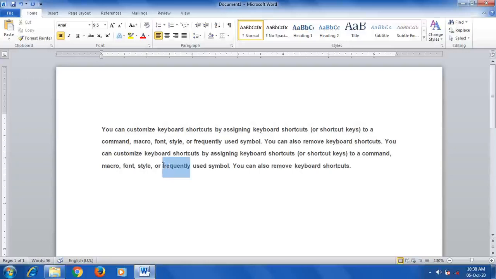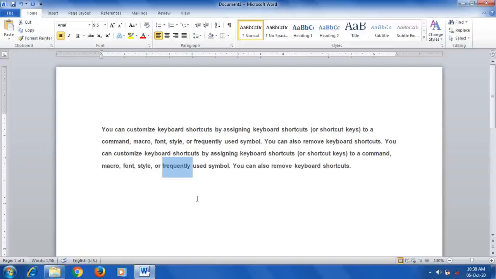So first select the word. I have selected it. For selection, just hold down the left mouse button and drag it over the text, or just double click on that text and it gets selected. You can follow any one method.